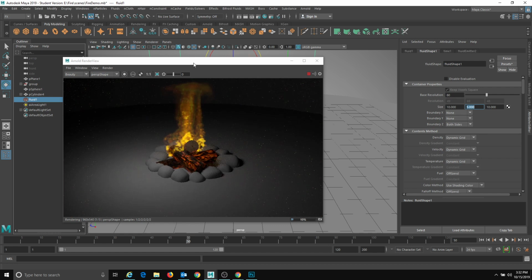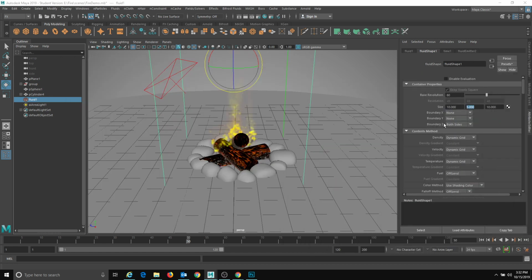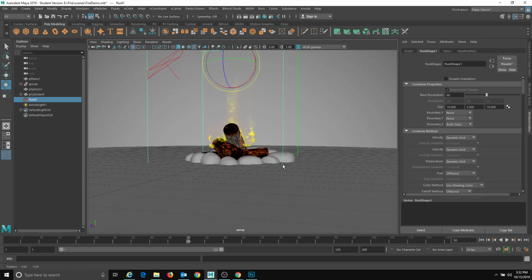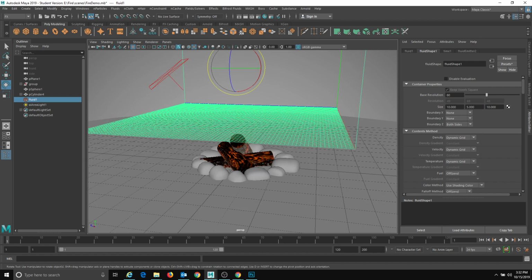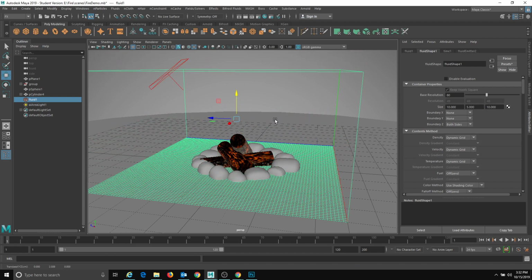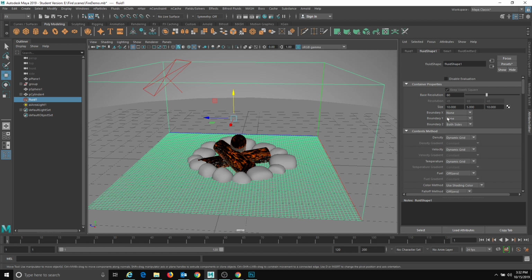And you'll notice by changing the size of my bounding box, or the container property, sorry, to 5, that actually shrunk down my fire. The problem is that it also made it so the starting point for the fire went way above where the model starts. So to be able to fix that, I'm going to keep that at 5, and I'll shrink that back down. So I have this at 5, and I shrunk that down, and now if I were to hit play,